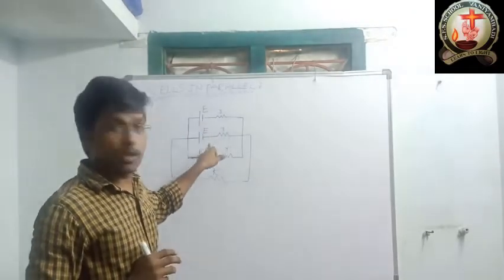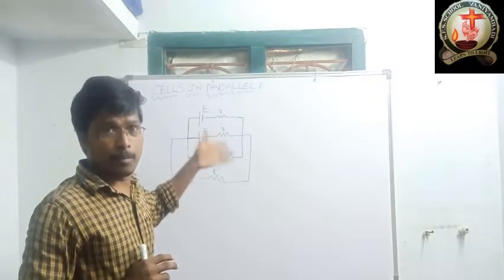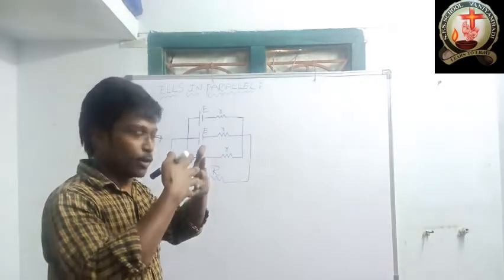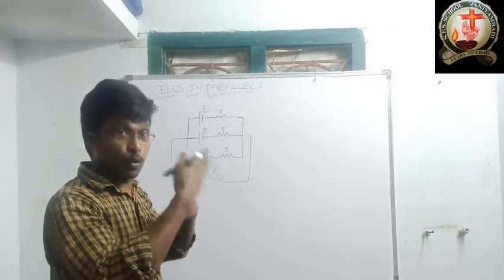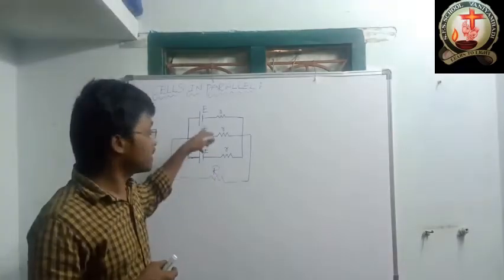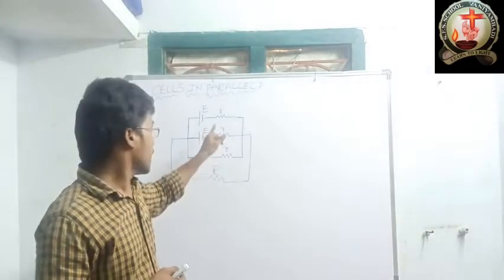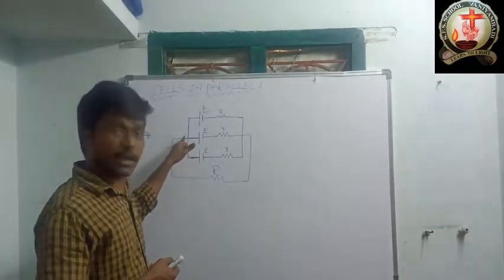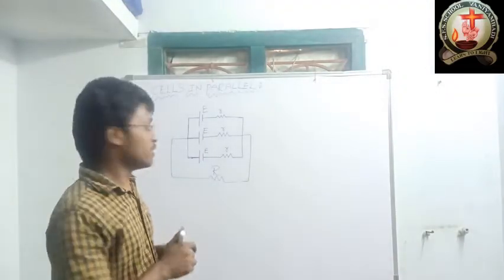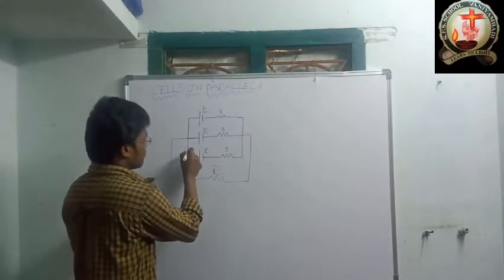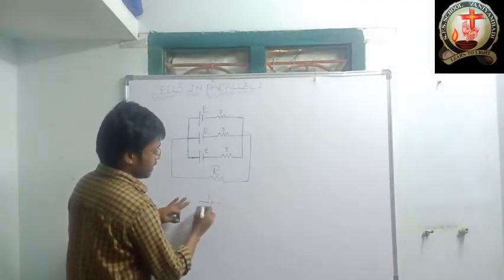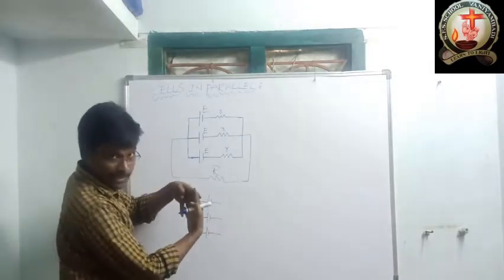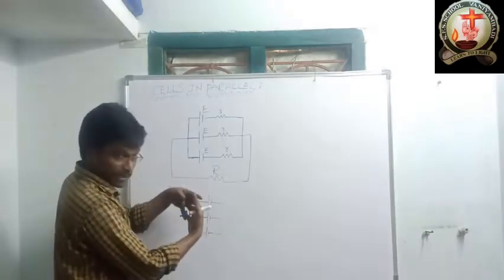See, the combination of cells is called the battery. I told you already in the previous class, any 2 or more cells we take and add together is a battery, correct? How many cells are there here? N number of cells, with all positive terminals connected together. Suppose this is the cell, this is the cell, and this is the cell. The combination of these 3 cells is the battery.